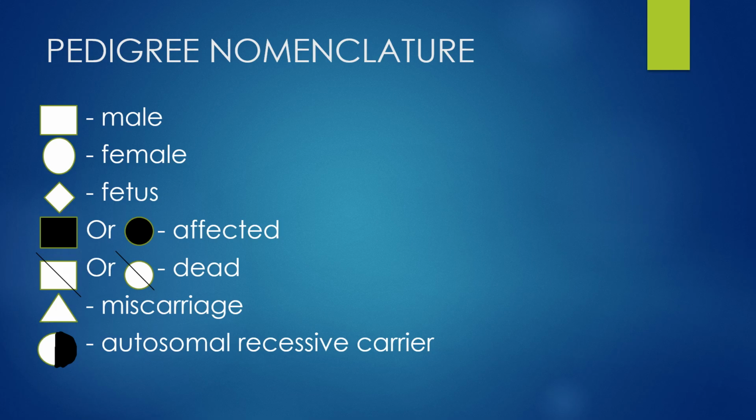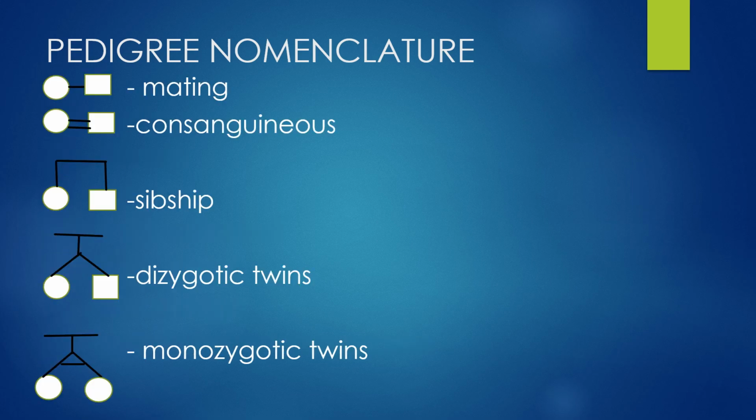Now I do want us to understand that not every pedigree shows autosomal recessive carriers like this. Usually in other pedigrees you would see an autosomal recessive carrier as just a normal white square or circle. So just pay attention. Alright, the next symbol that we are going to be looking at is a circle and